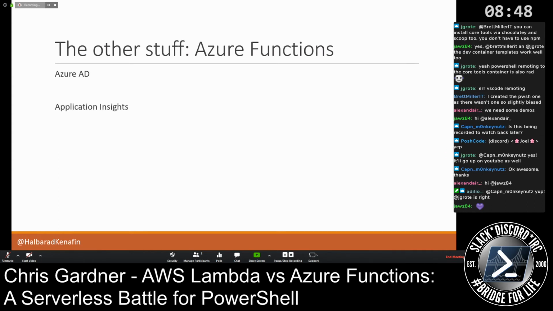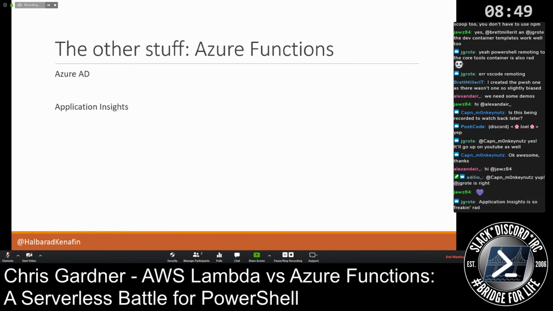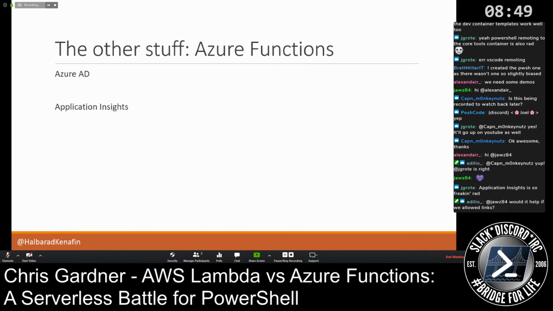Application Insights. I haven't seen a single similar tool in AWS that does this or integrates so nicely with everything, but it will do all of the monitoring and reporting and tracing and everything else you might want to do for basically no effort. You put in a key for it, or you press a button that says integrate Application Insights, and it just does it.